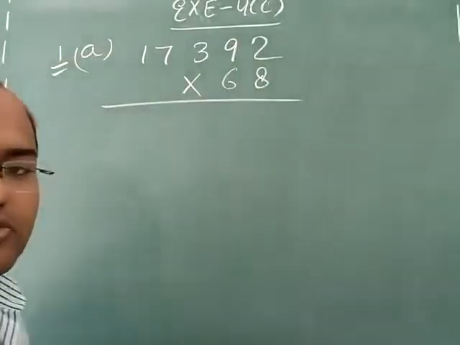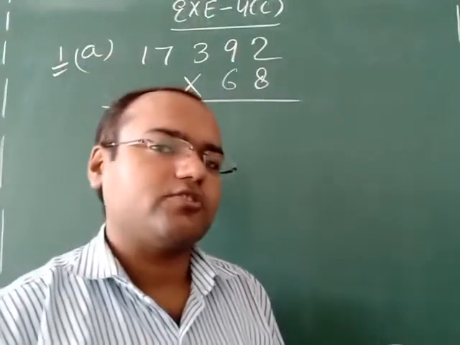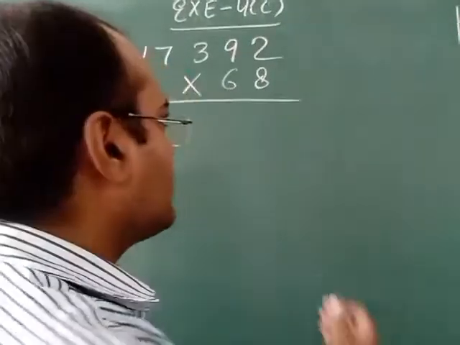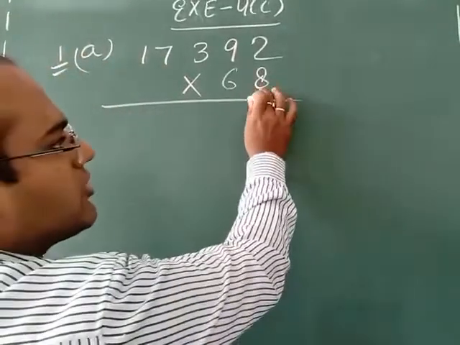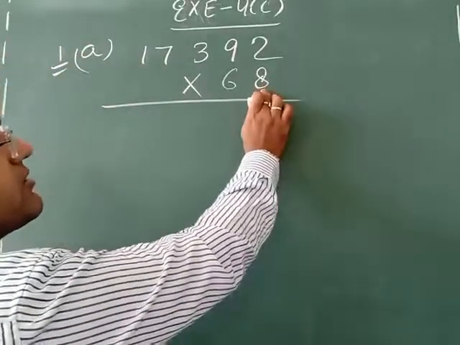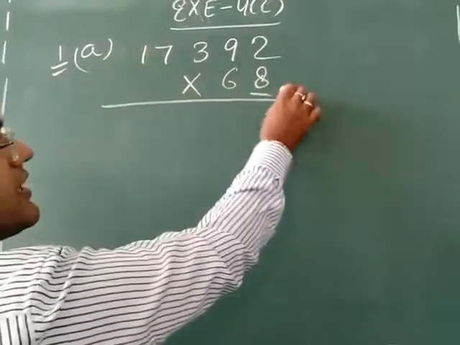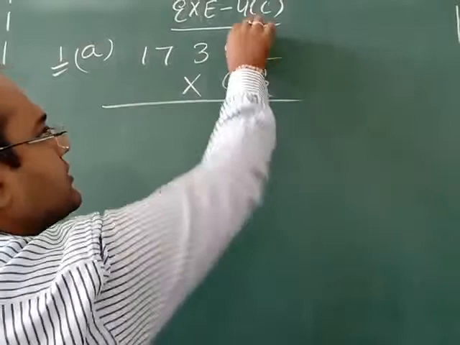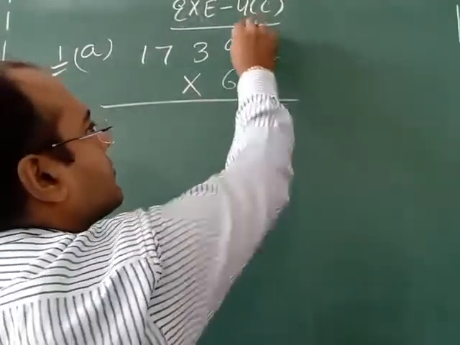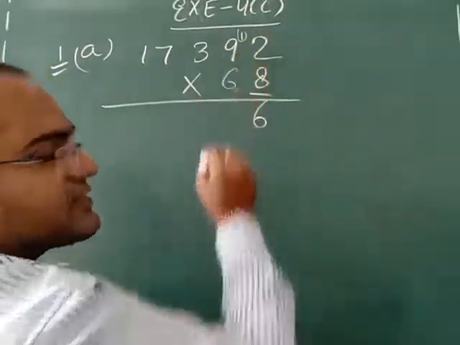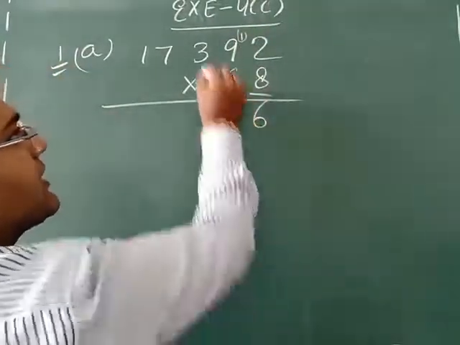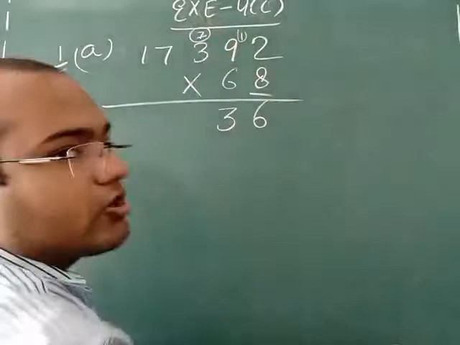We have to multiply these two numbers, and in previous classes you had already studied how to multiply two numbers. So in order to multiply, first of all you have to multiply the last number with all these numbers. 8 we have to multiply, 8 with 2 first, 8 twos are 16, 1 we have to write on the top, then 8 nines are 72, 72 plus 1 will be 73, 3 we will write here and 7 we will write on the top.